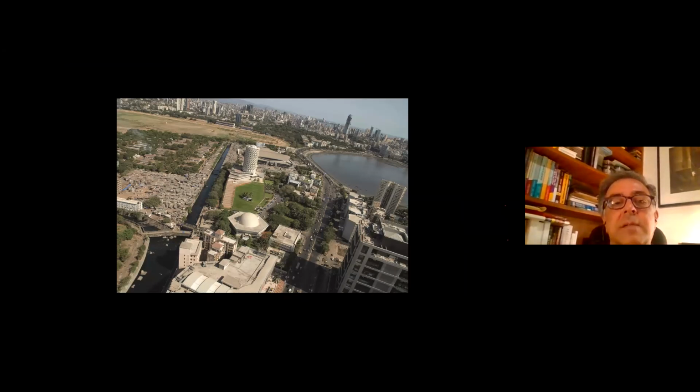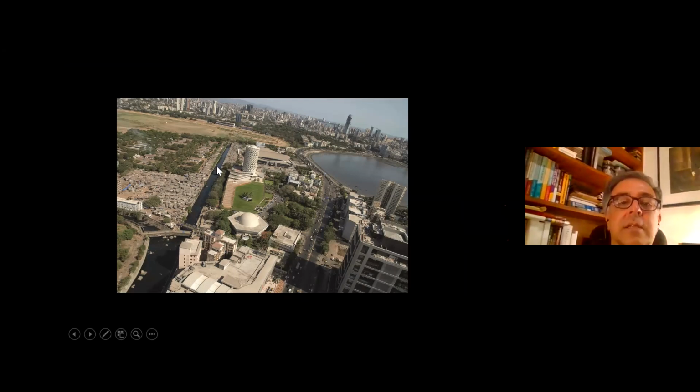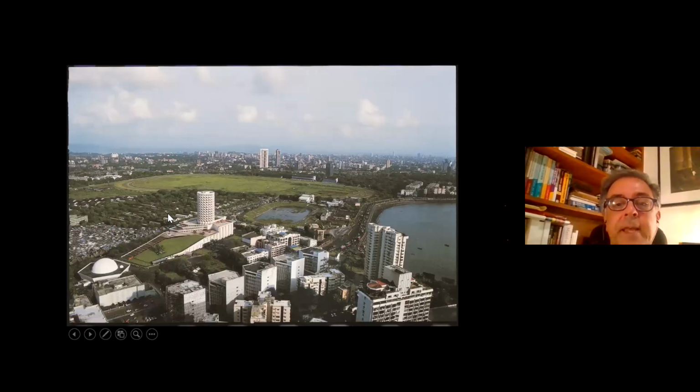the Nehru Science Center. But behind the Nehru Science Center, you can see over here, this is the main sewage line of the city, which brings all the sewage from the island city through here, right up to Love Grove, and it's pumped over through the Love Grove pumping station, which is why whenever we pass over the Love Grove pumping station sewage area, we get that distinct smell of sewage, which is there on the other side of the Nehru Science Center. This is before the NSCI was built, and you had that little velodrome, which was there, Nehru